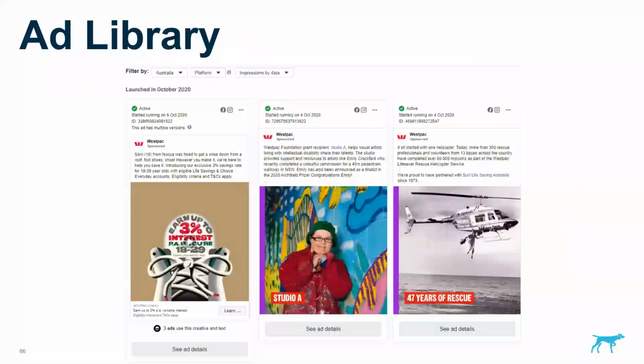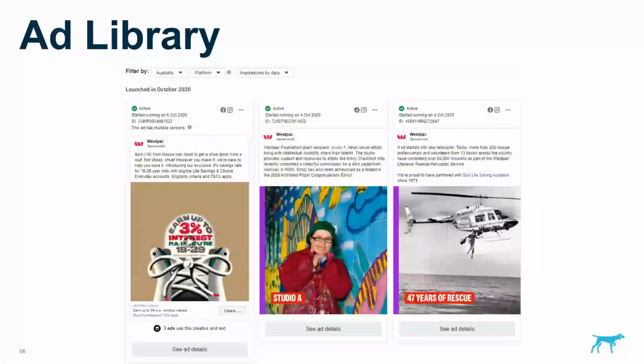One other neat feature of Facebook is the ad library. This is in the interests of transparency on Facebook's part, so that people can understand the advertising that's happening. When you first access the ad library, it defaults to political ads. So this is all around fake news and the defamatory negative ads that often come out of the political cycle. But you can actually view all ads from all businesses. And once you've searched for a Facebook page, you can see the ads that they've been running.